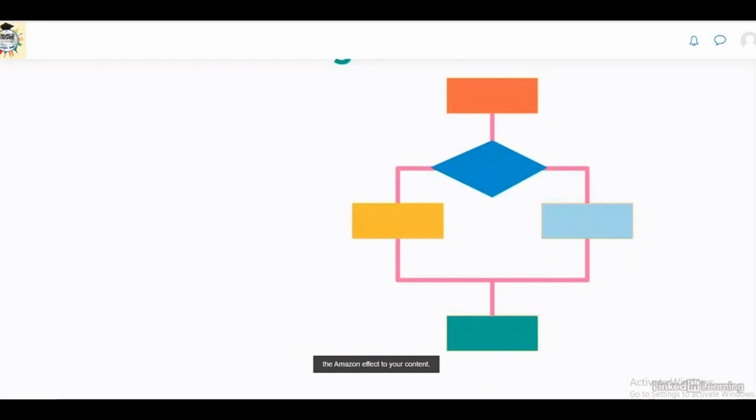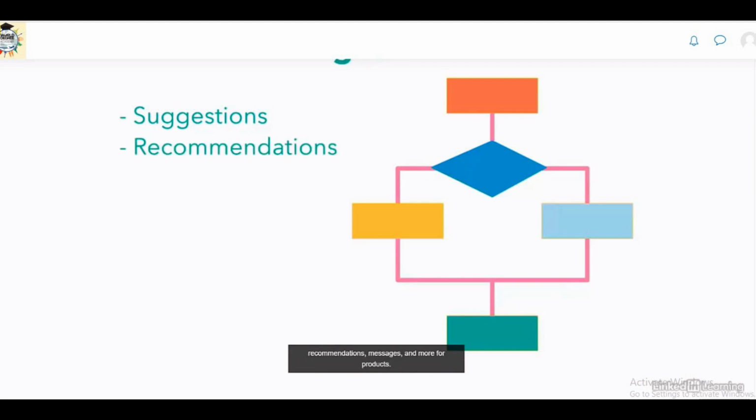I sometimes call this applying the Amazon effect to your content. Amazon offers highly personalized suggestions, recommendations, messages, and more for products. You want to do that for your content, and logic is how you do it. At its essence, logic is an if-then statement that can guide your content management or development team as they code